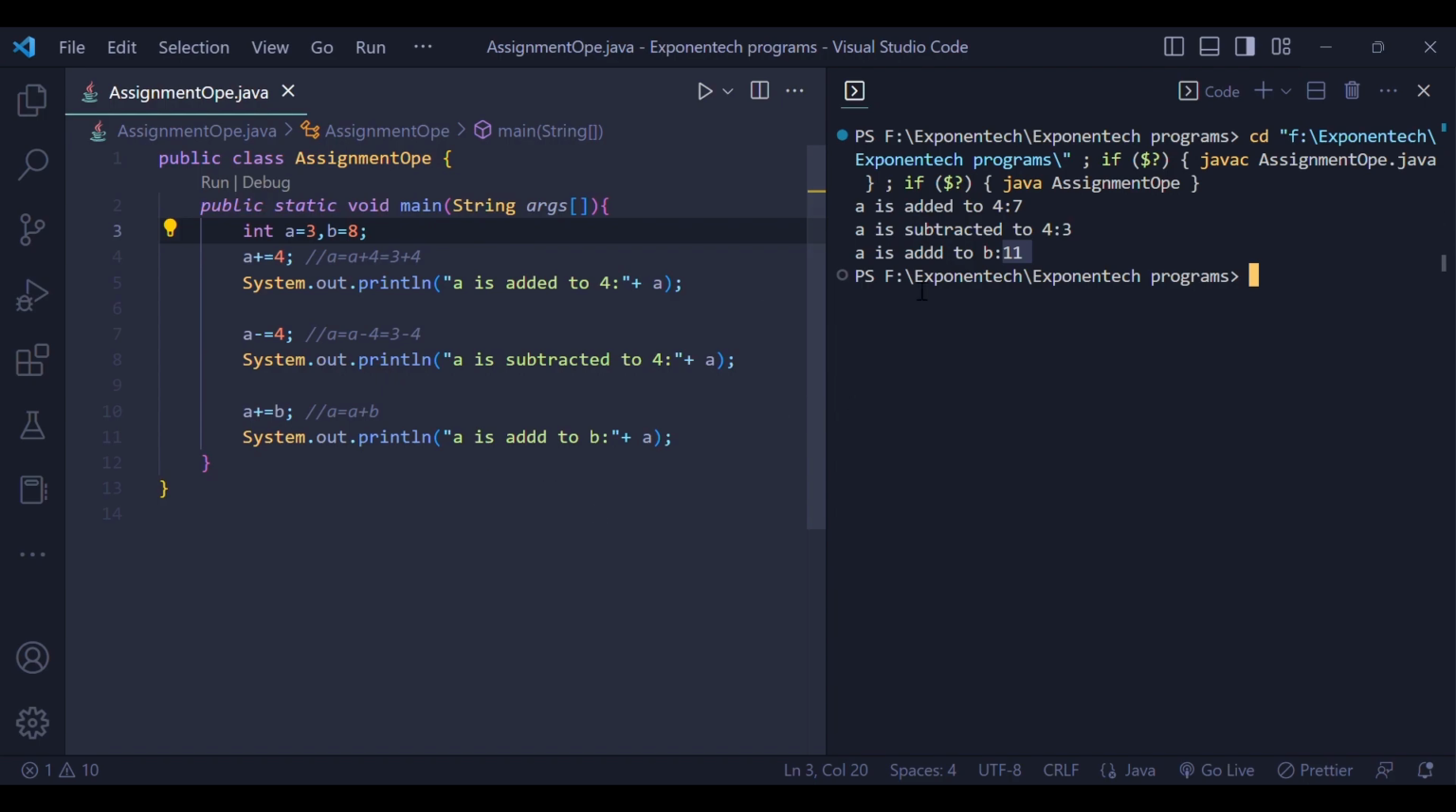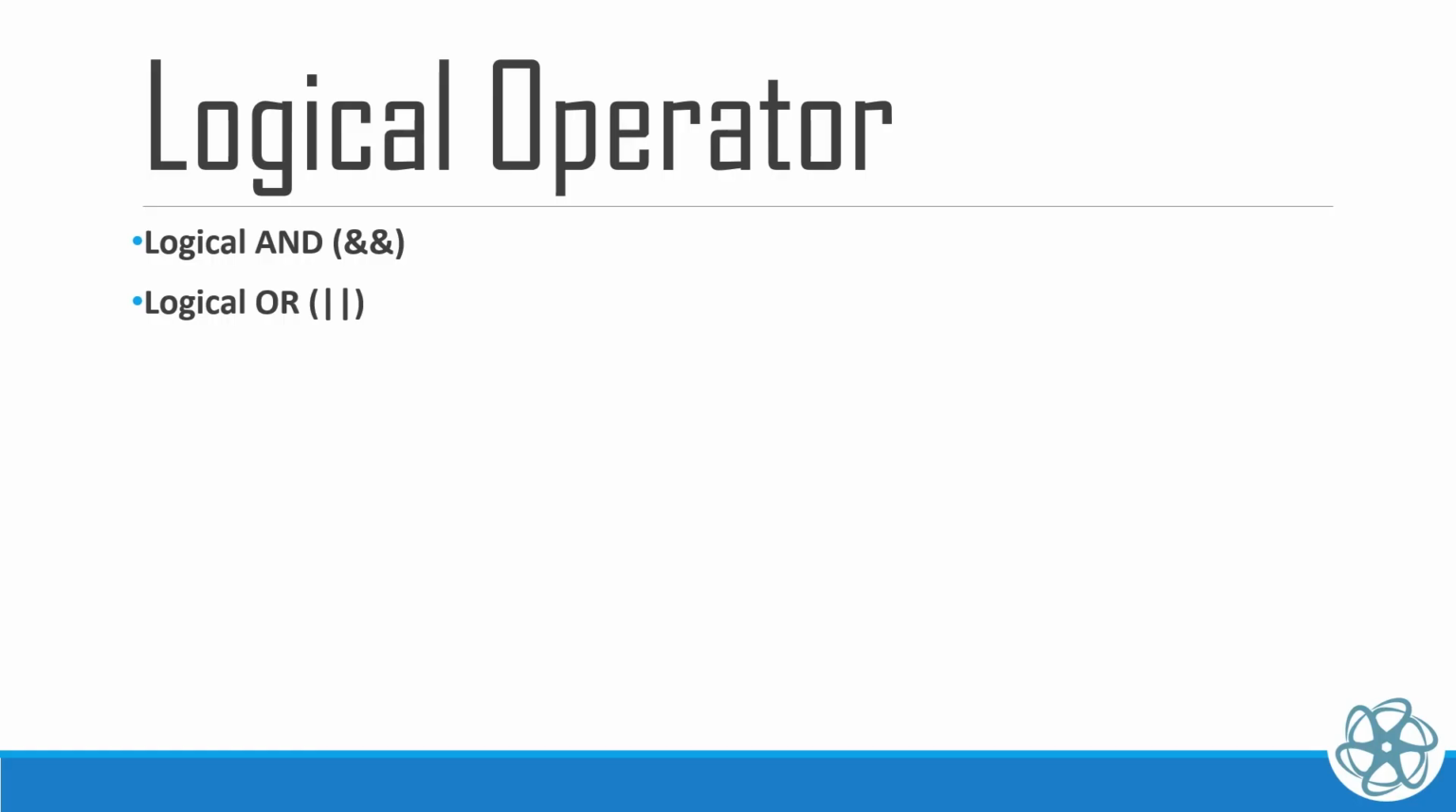So the answer is 11. Next is logical operators. What are logical operators? Logical operators check the conditions. Here we provide two conditions for these logical operators. They check between these two conditions and give true or false